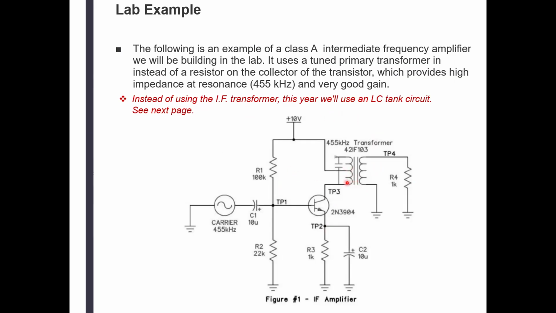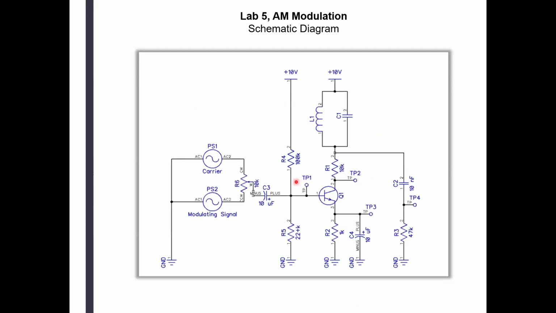The transformer you have to buy, and it's very fragile, and you can destroy it without even knowing it, and then the lab doesn't work, and you're losing a lot of time. But this one here, you're going to be building out of a capacitor and a coil, and you'll be given a frequency at which you want to be operating. Everybody's going to get different frequencies, so people are not copying their labs,